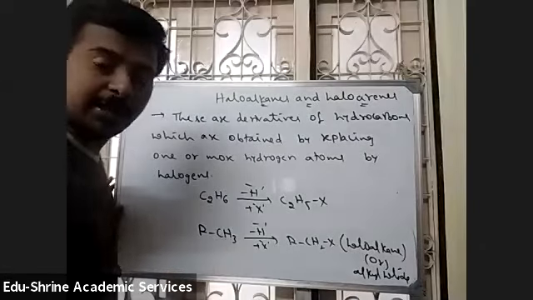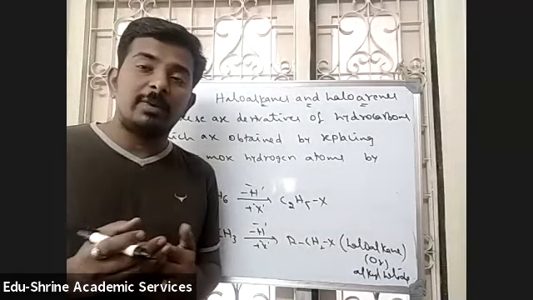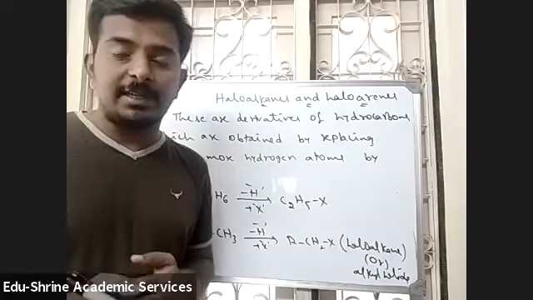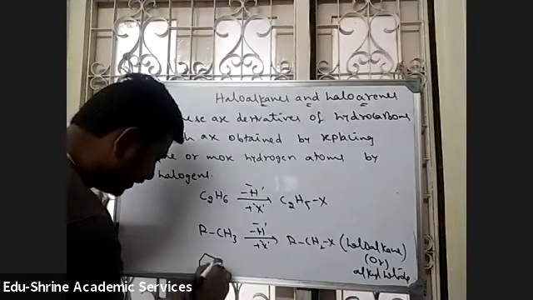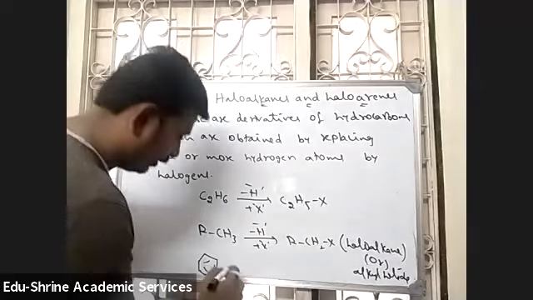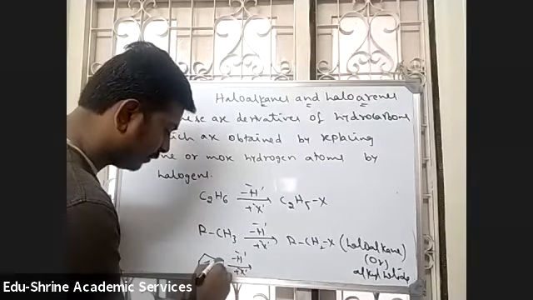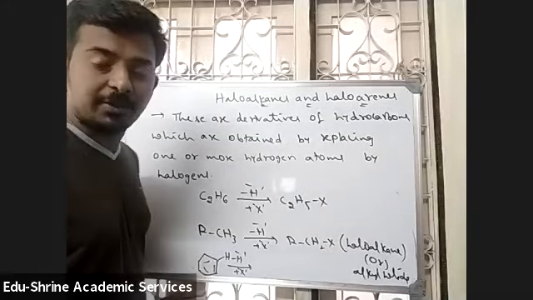If I take an aromatic hydrocarbon, so what do you mean by aromatic hydrocarbon? Aromatic hydrocarbon means the one which contains a benzene ring. If there is a benzene ring present, then it is said to be an aromatic hydrocarbon. Right? For example, this is benzene. So from benzene, if I remove one hydrogen, add one halogen. So we know that in benzene, at each carbon atom there is one hydrogen present.